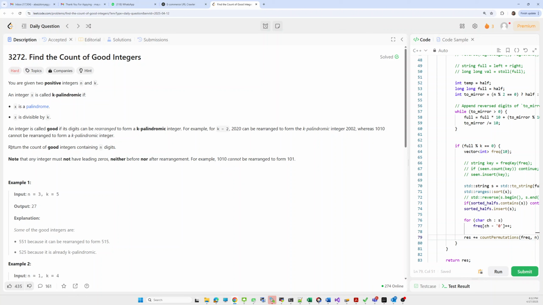Here we have to return the count of good integers containing n digits. What is a good integer?